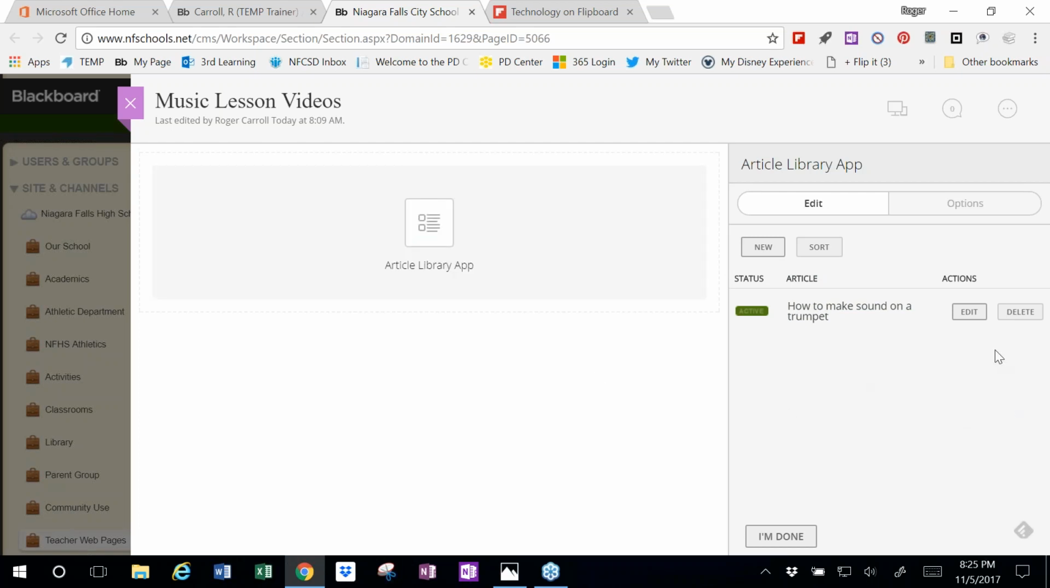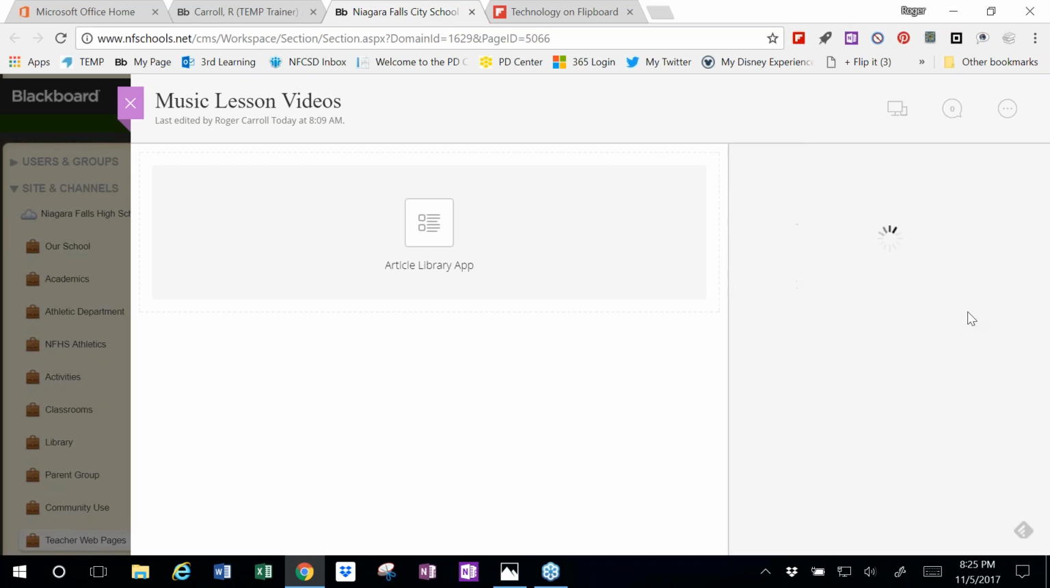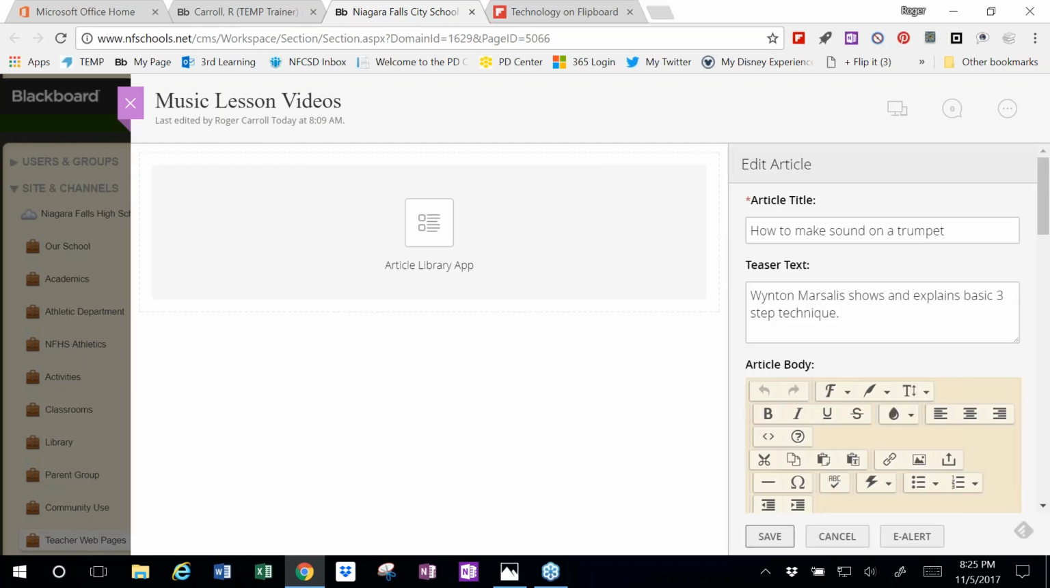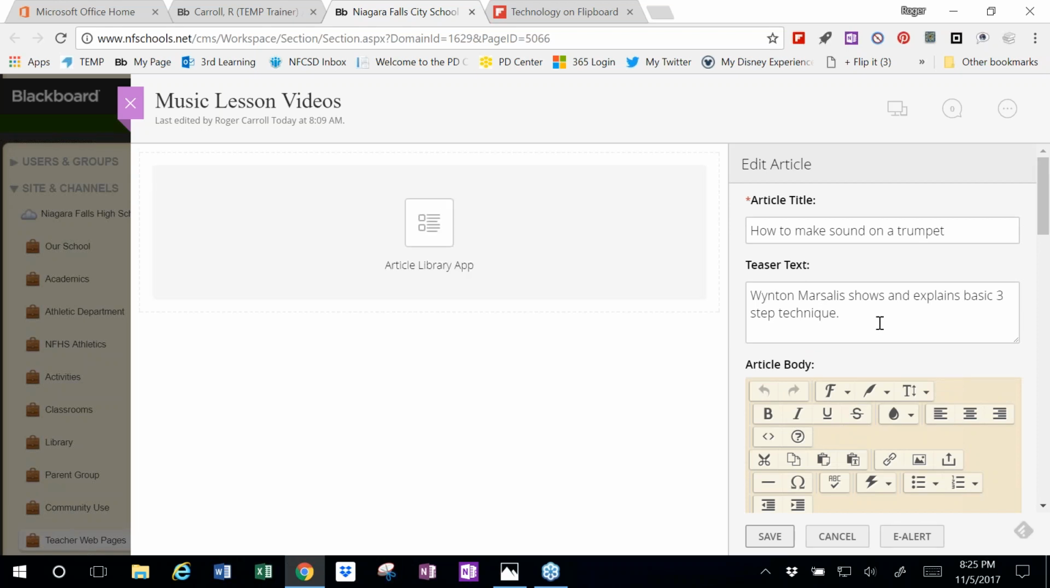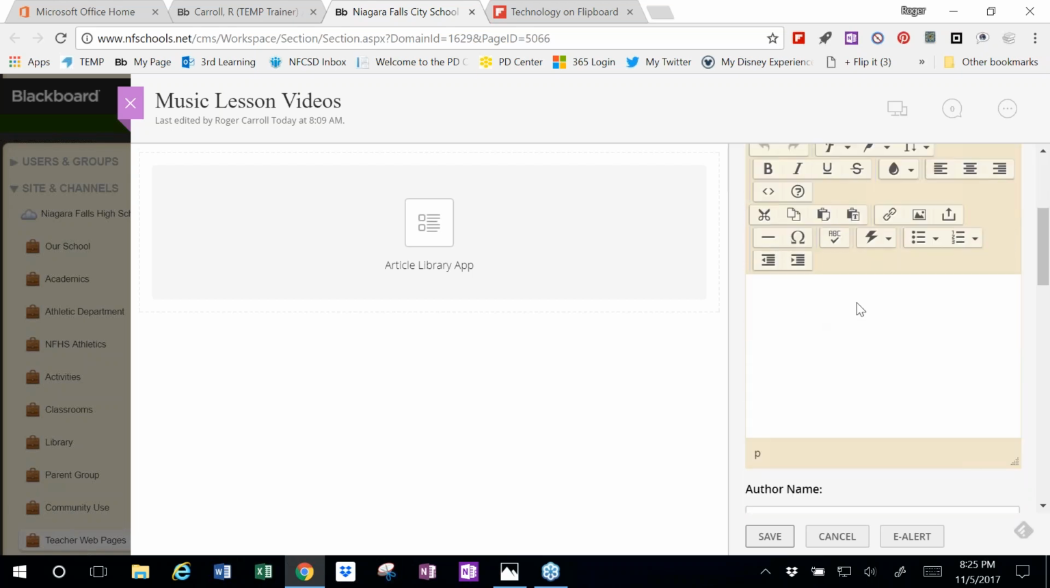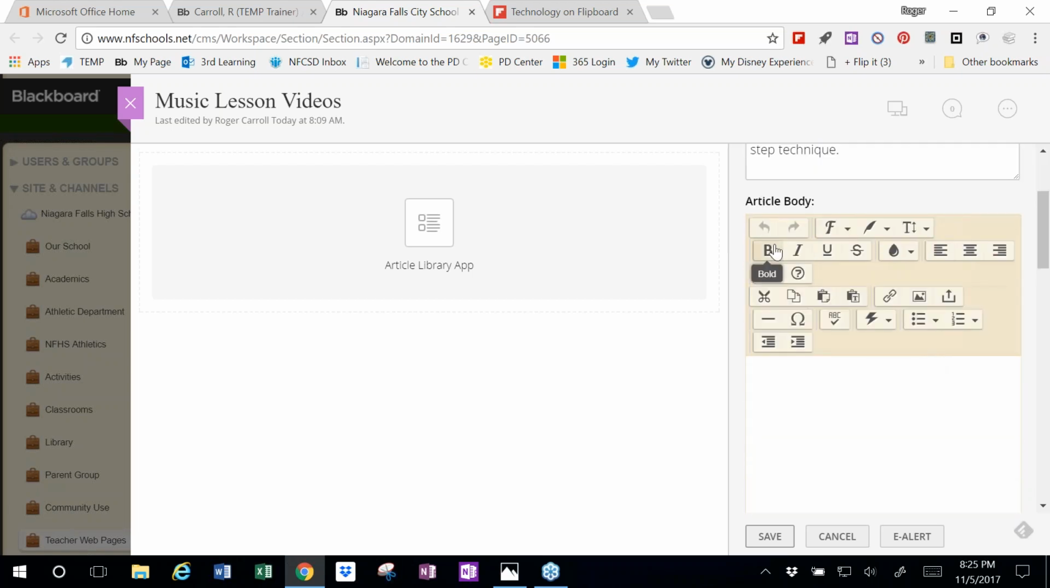For example, let's just quickly edit this. I'm not going to change anything because I'm afraid I might mess it up. Notice here, how to make a sound on a trumpet. Okay, that appears. The teaser text, you don't want to give away too much, just enough to generate a little bit more interest. I didn't add anything in here, but if you recognize some of these tools here, they function pretty much like all of the editing functions you have on any of the other apps, primarily the content app, but you can